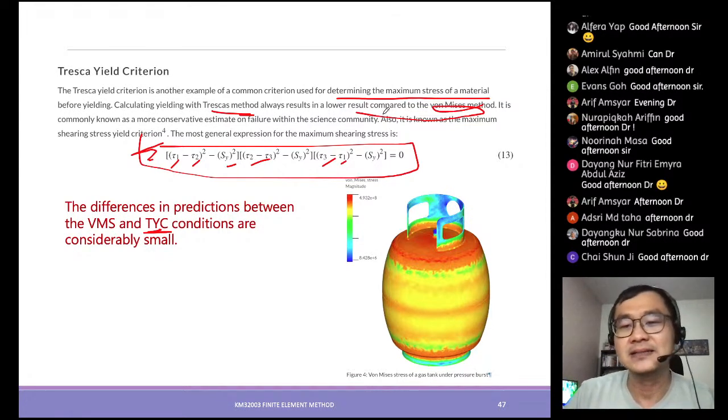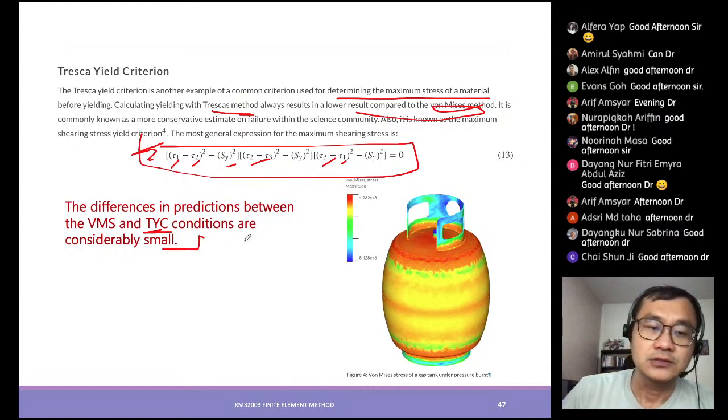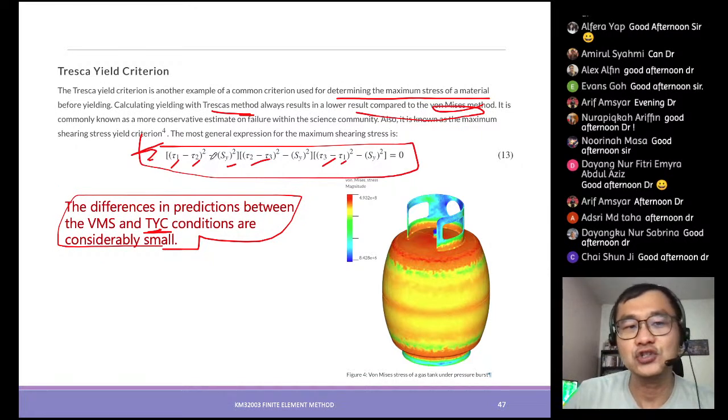So it depends on what type of approximation of the criterion best suits your problem. You may want to know the maximum stress that occurs before it yields, and so on. The predictions between these two are actually very small, so you can either use von Mises stress or the Tresca yield criterion. It's really up to you